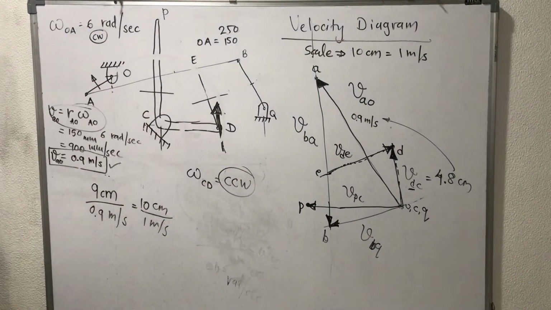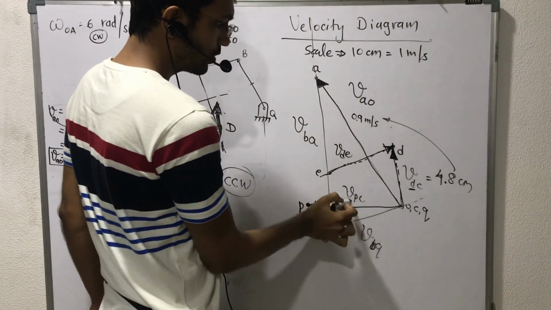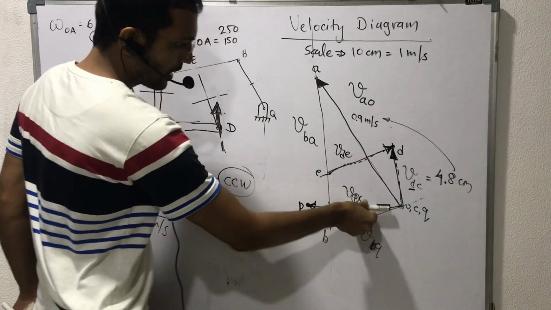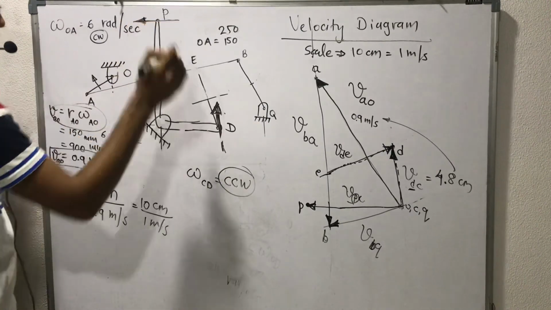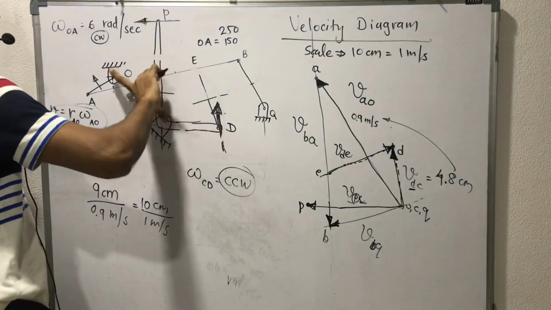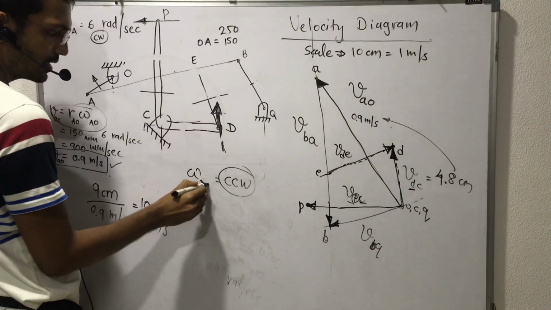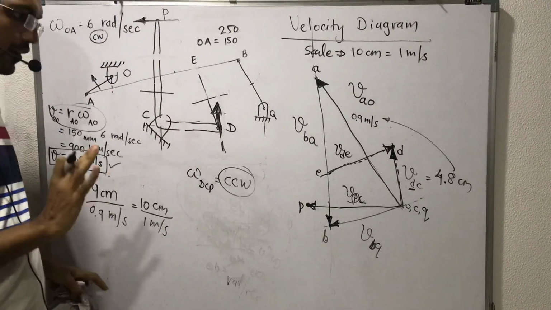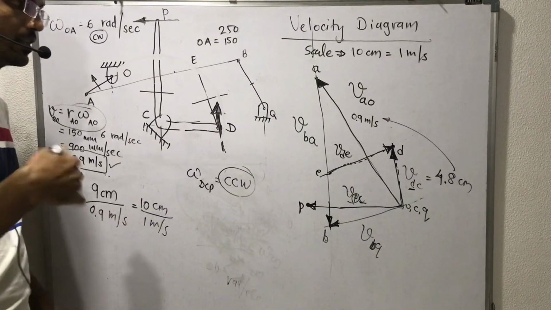You can consider the CP link also, so let us consider the CP link for understanding. This one is the velocity of P with respect to C. So draw this arrow towards the P side at P, with respect to C. C is fixed, and rotate this arrow counterclockwise. So the answer will be counterclockwise. So that is DCP, CD or DCP, because it is a ternary link. So this one is called the velocity diagram, used to find the velocity and angular velocity of various points and links.